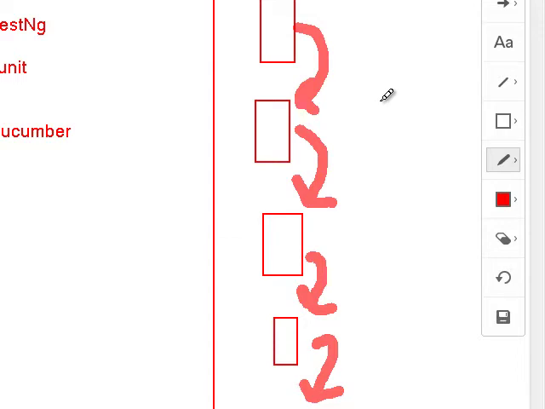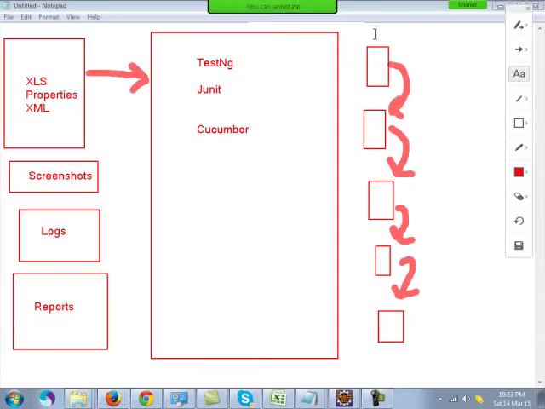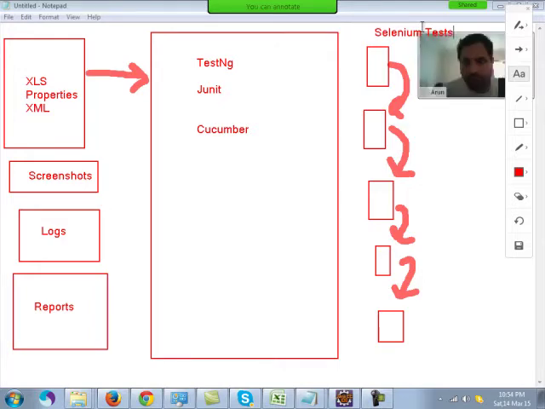Look, as I was saying, these are my Selenium tests. These tests on the right hand side need to run in a certain order. And when they run, they need to read the data from some